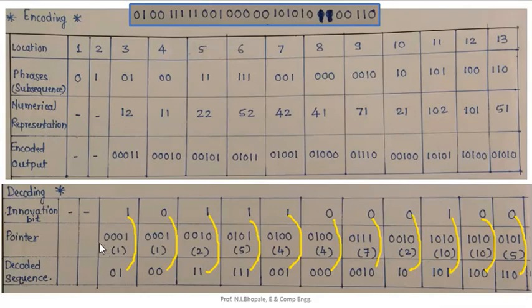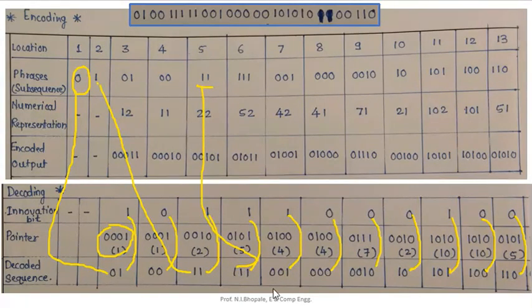Now the role of this pointer comes in the picture. Means location 1. What is at location 1? At location 1 there is 0. So write this 0 here. Next, location 1 has 0, so write that 0 here. What is at location 2? It is 1. So write this 1 here. What is at location 5? At location 5 there is 11. So write this 11 here. Next let me just check further. So 10, what is at location 10? It is 10. So it will be written like this.